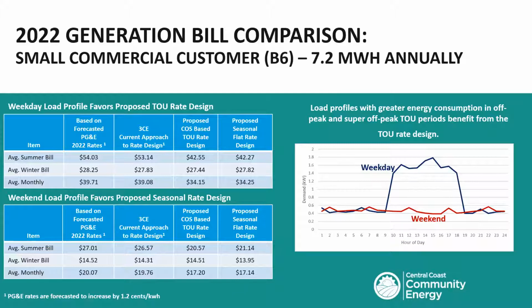So one last thing I want to point out on this slide is we're showing the PG&E forecasted rates and the 3CE current approach to rate design, with the 1.2 cents being added back in. We mentioned in that previous slide how PG&E is going to come out with that adjustment, and they're crediting that back during this period, but that credit's going to go away. And so in the future, they'll be adding that 1.2 cents, or it might be 6 cents. And so in the next slide down, Lena, if you could show that, thank you.